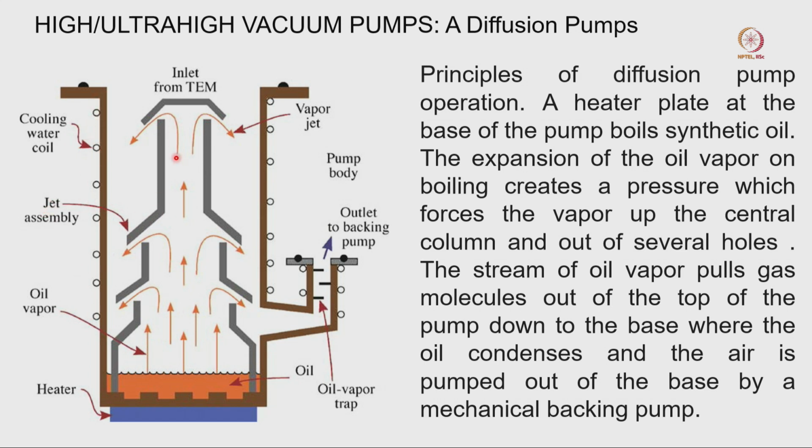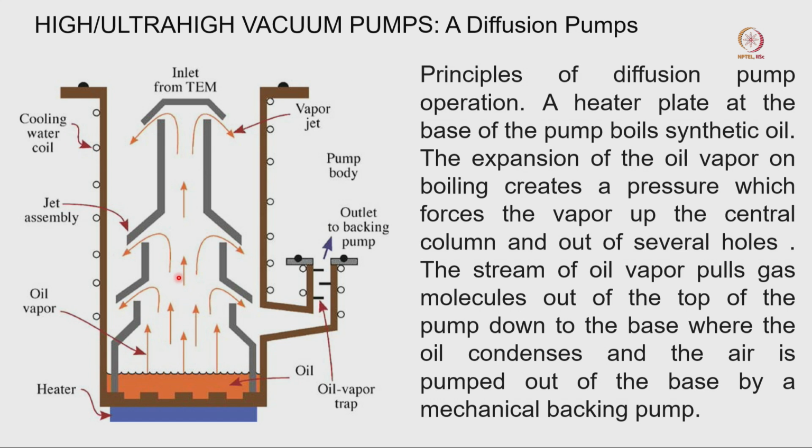Now, this is the jet assembly as I mentioned, and this is the outer part of the pump. As I mentioned, this is the outlet, where the oil trapped with the moisture or vapor will go out through this channel. Now, when this pump starts working, first this is a heater and it will heat the oil. After a certain temperature, there will be a lot of oil vapor coming out. This oil vapor will create pressure on this particular valve, and some of the oil vapor will come out through this valve.